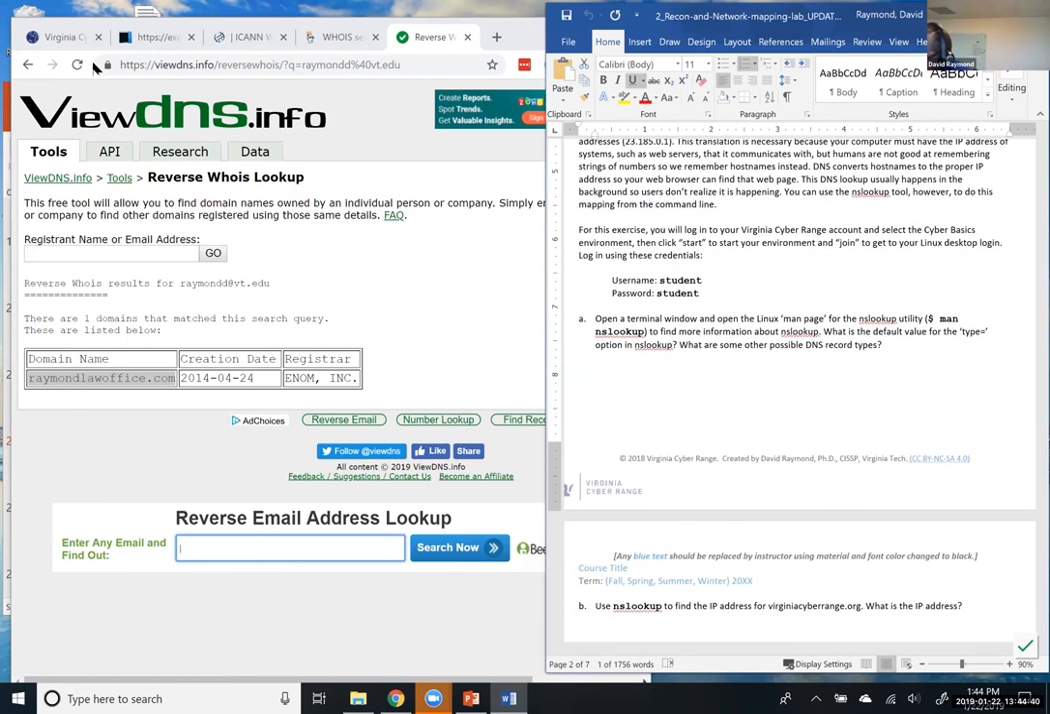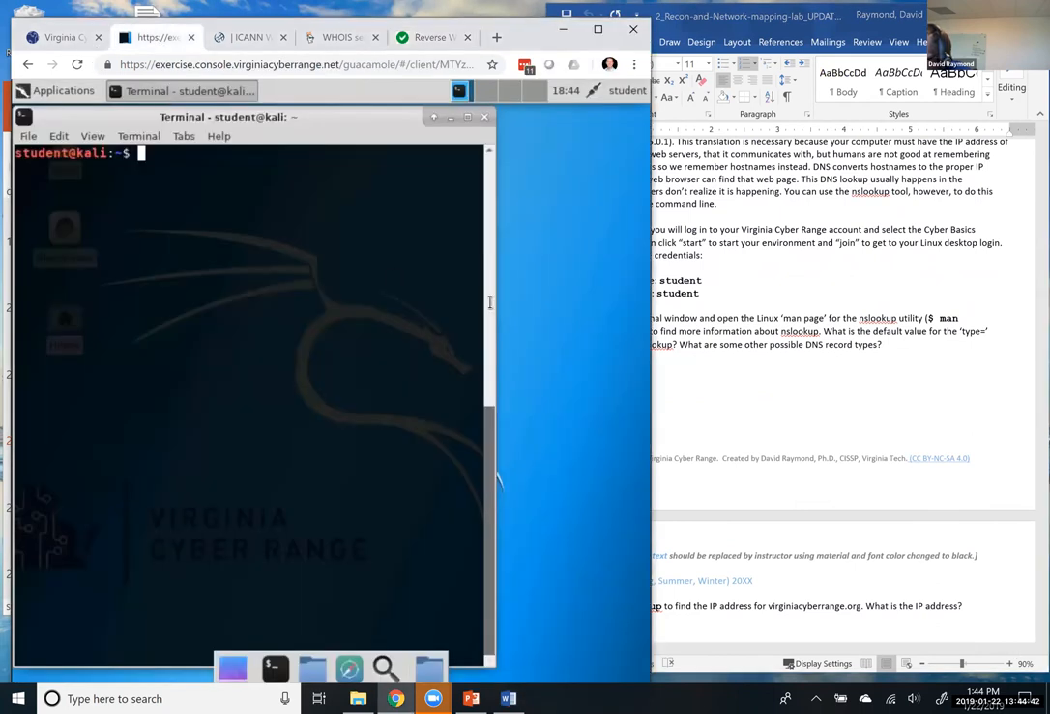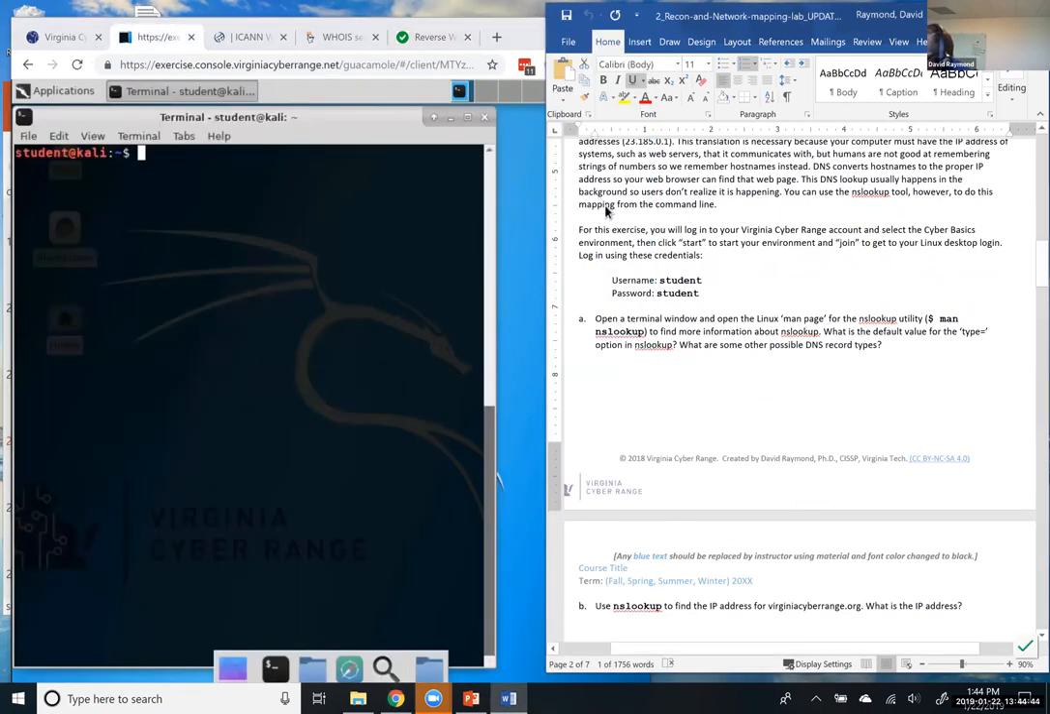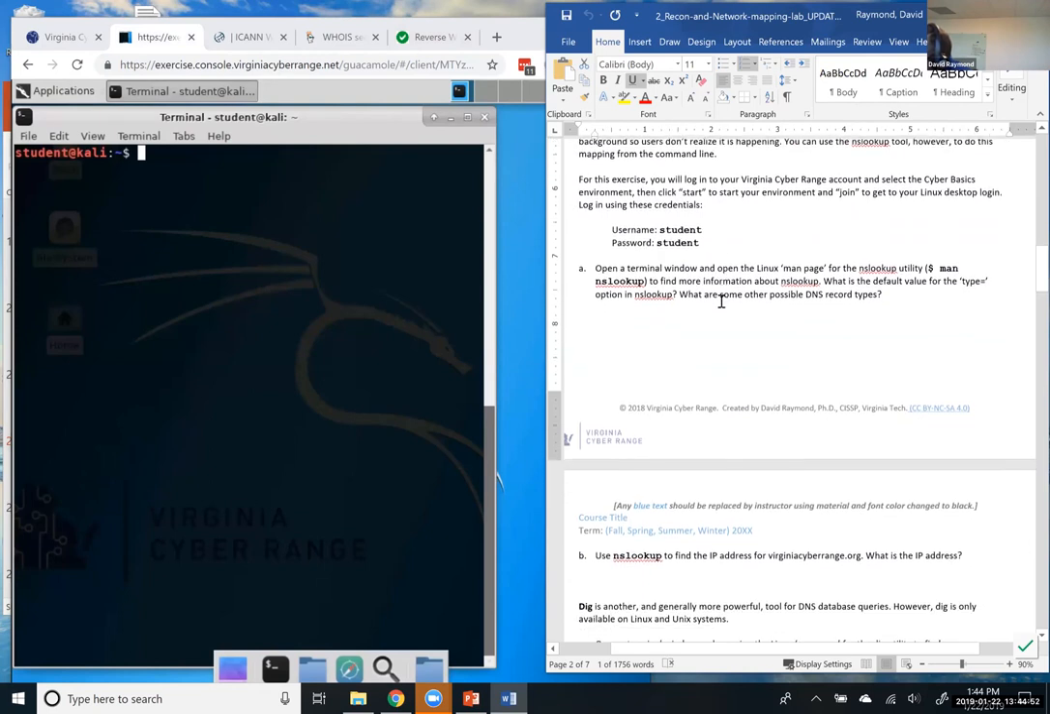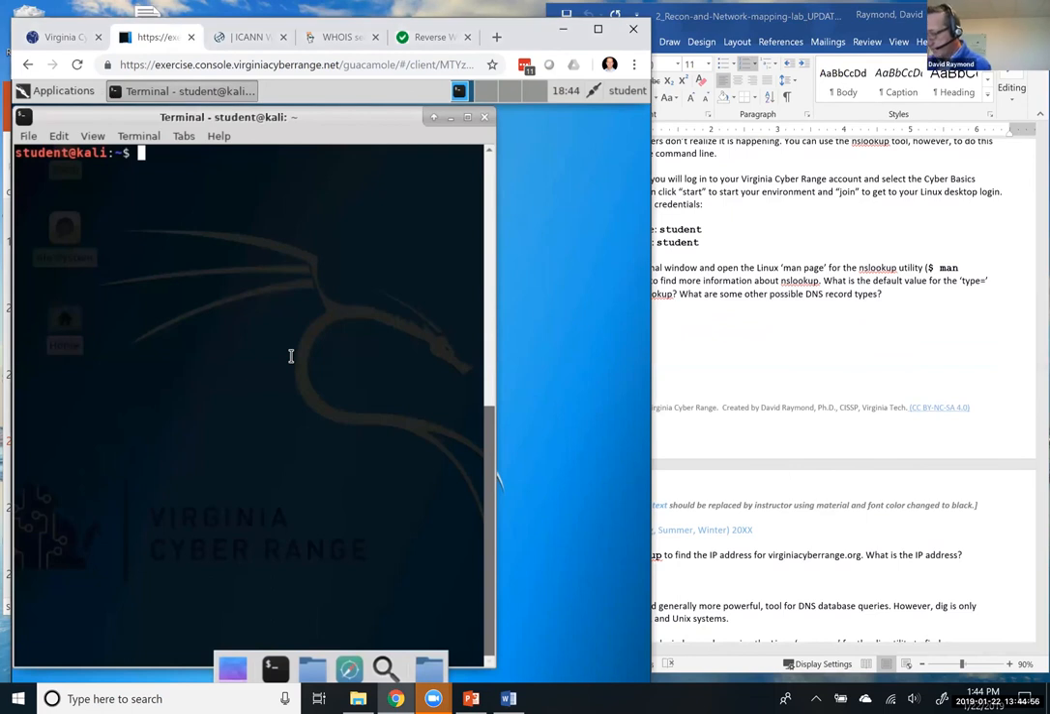So for this exercise, we're going to log into our Cyber Basics 2018 environment, which I'm already logged in to, using the username student, password student. It says open a terminal window and open the Linux man page for the Nslookup utility. So remember,